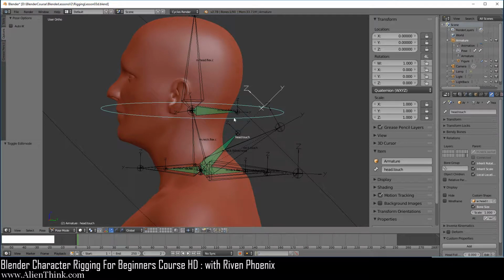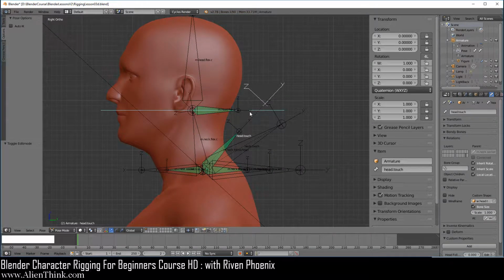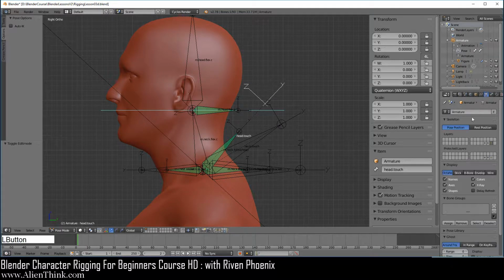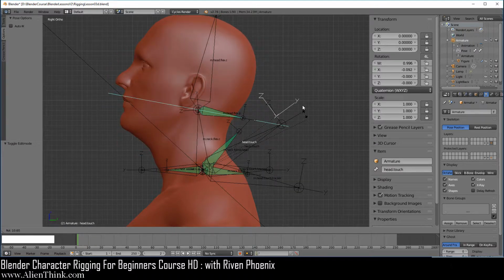Now you will see that really what's happening here is that the bone shape is appearing where the m.head is, right? But the bone is still located here, right? We can go to the data tab and actually turn this off. See, the bone is still there, but its shape is appearing over here. So now when you press the R key, you will see that it still works the same way.